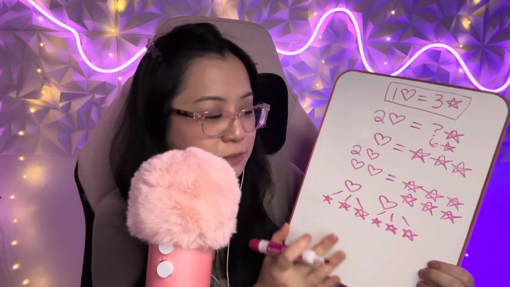So 2 hearts means each one is equivalent to groups of 3. So for 2 groups of 3, you have 2 times 3, which is 6. 4 hearts would be 4 groups of 3, which is 12 stars. So you could just think of it as basic multiplication here. I'll take that opportunity to emphasize that "each" is one of those multiplication words in word problems. But here, it just turns out that this particular ratio is 1 to something,